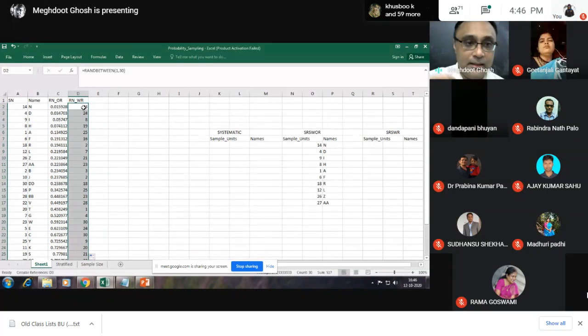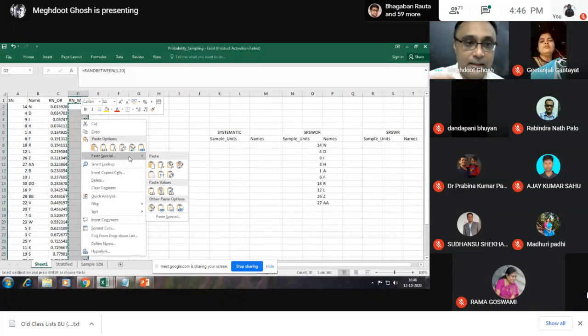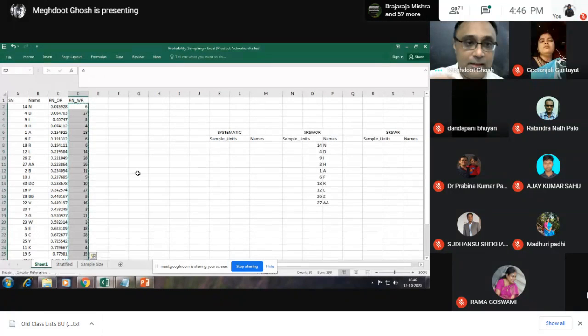See, previously there was 24, now it is 28. So whenever I do anything, it is going to change. And if you press F9, you see what is happening? Automatically the numbers are changing. Okay. Now let us keep up to this. You select copy, paste special and values. Okay. So now let us